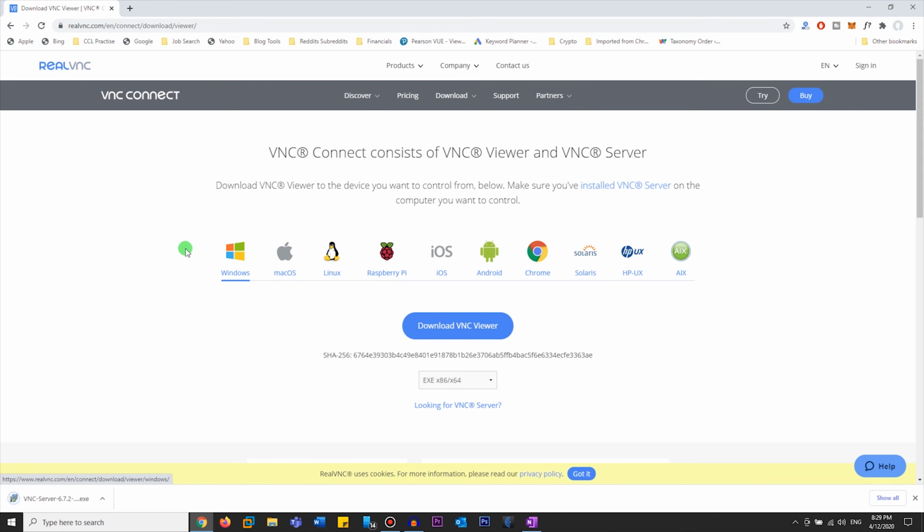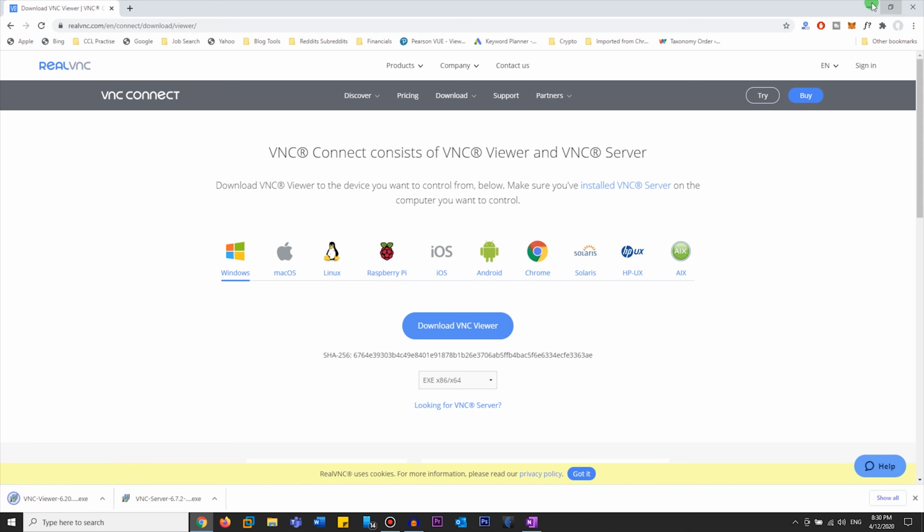Just make sure that you are choosing the right platform. I'm using it for my Windows 10 PC, so I'm going to choose Windows 10. But if you're using it for your macOS operating system or any other operating system, you can choose that operating system and download the compatible version. Click on download. So these two are downloaded.